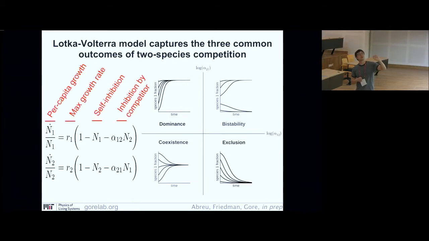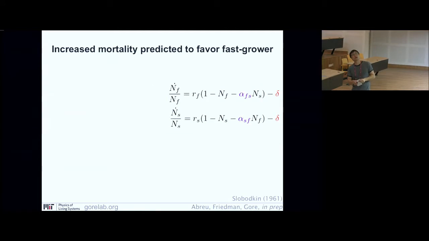I do want to mention, all right, I already told you about this model. The question is, what happens if you add a mortality rate? So this is what Sid was asking. Okay, and this you could think of as just some sort of environmental deterioration that is harming both species in the same way. They experience the same delta. As I mentioned to Sid, you can just reparameterize these things, pull the delta in there,